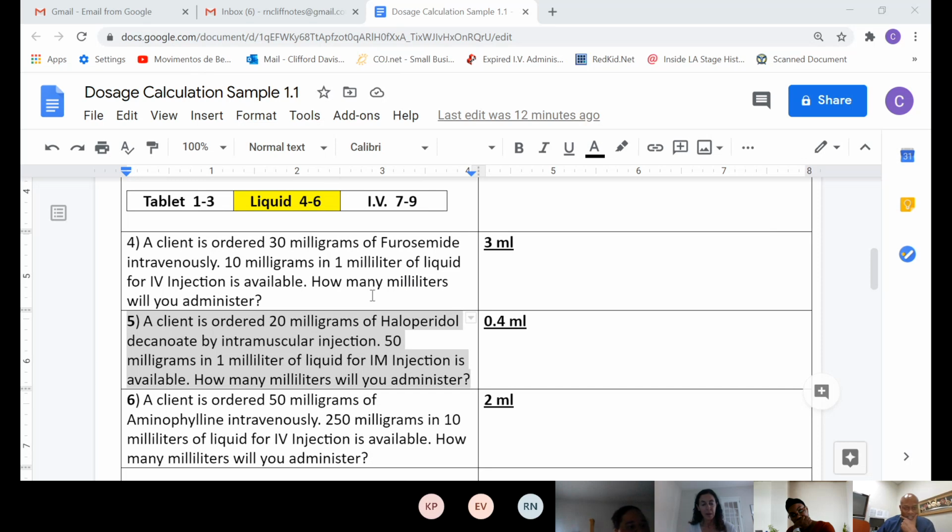So let's see. What can we cancel out at this point? Well, you can cross out the milligrams from each. From the 20 milligrams and the 50 milligrams, you can cross out the milligrams. What we do to the top, we do to the bottom. But the thing about that,